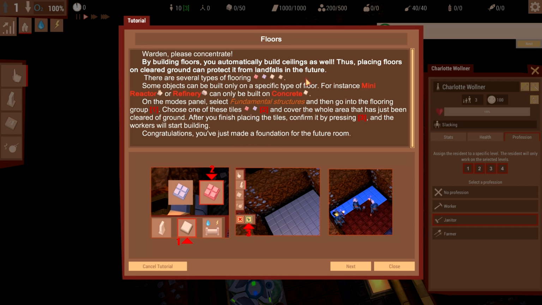So we've got several types of flooring. We'll get into that later. Some objects can be built only on a specific type of floor. So the mini reactor in the refinery can only be built on concrete. Important to remember. So on the modes panel, under the fundamental...